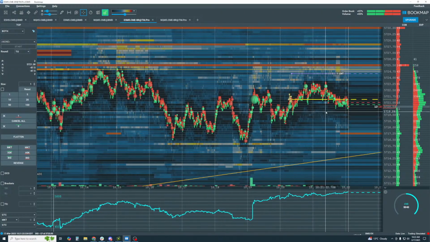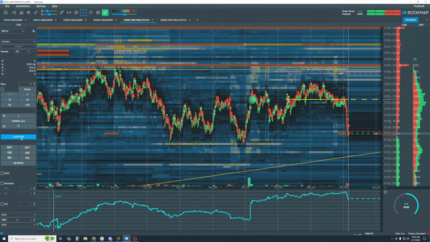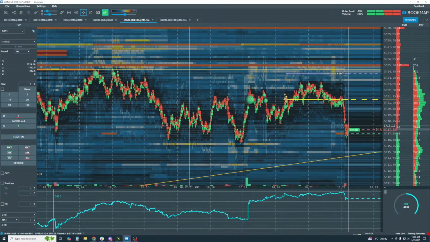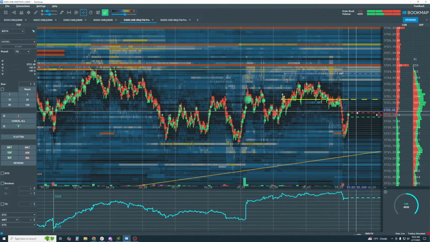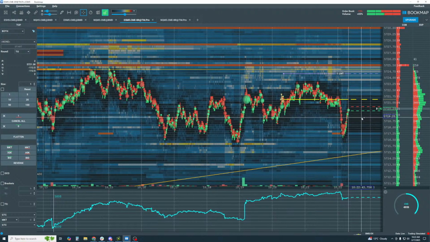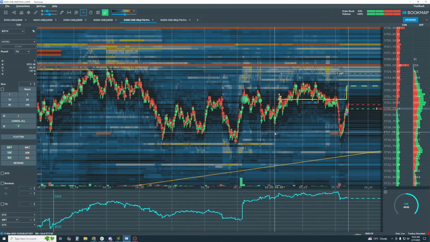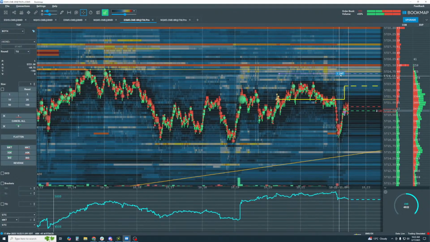And we'll see here. Yeah, okay. So yeah, we should have gotten out earlier. After that, we might as well wait for a bit of a pullback again. Back to here. All right. I'm going to exit one right there. So we'll still hold one here.